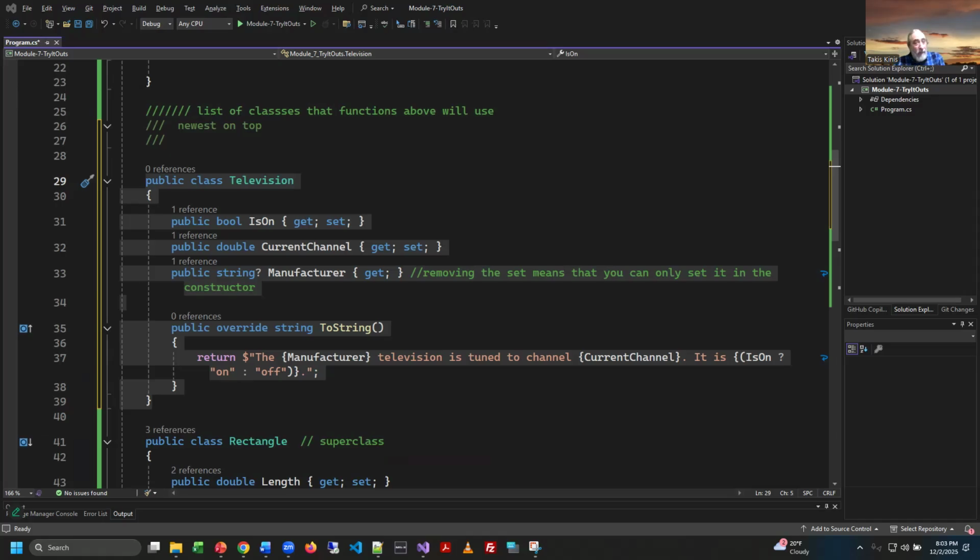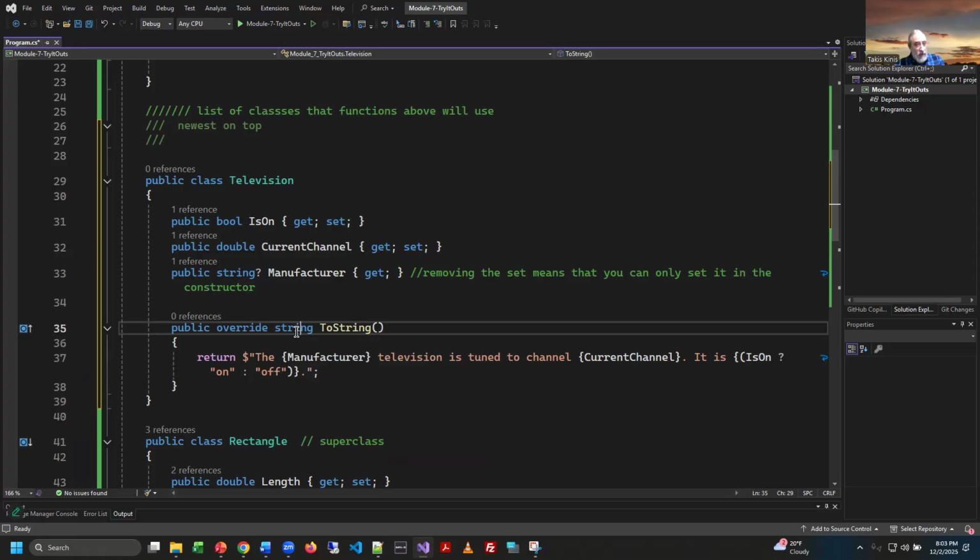So I created an override method, returns a string named ToString exactly as it is in the superclass object. It returns directly this little statement here. So whatever manufacturer is tuned to the channel, whatever, and then I ask the question, is it on or off? Right. Well, we have a little bit of a problem because